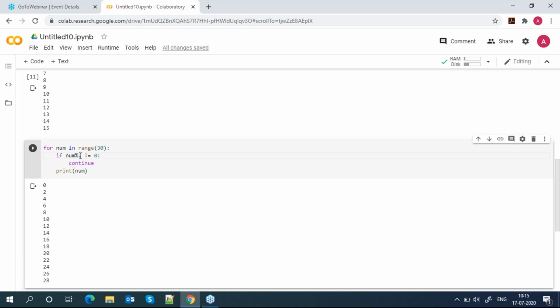Here I am doing some kind of comparison. If a number is divided by 2, suppose I have 5 divided by 2. According to the modulus, what will be the remainder? Remainder equal to 1. If I am using 4 divided by 2, what is the remainder? 0. So this is a completely even number. If it is not 0, then it is an odd number. That is the condition.